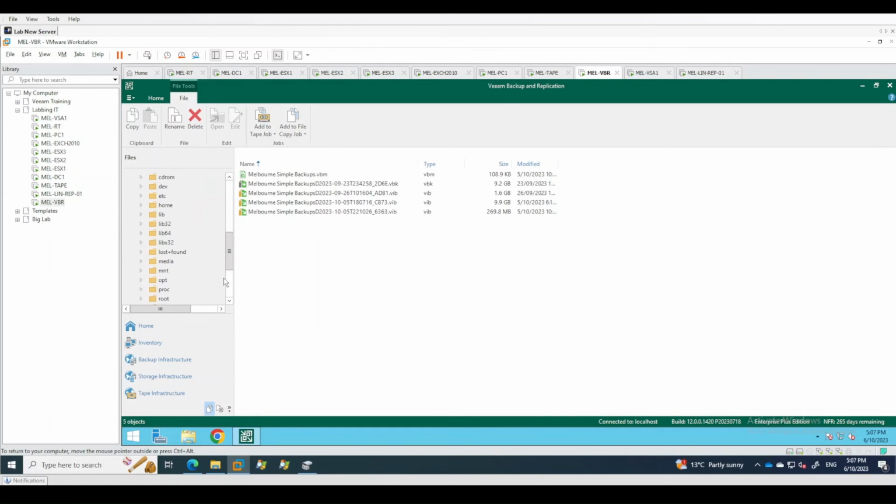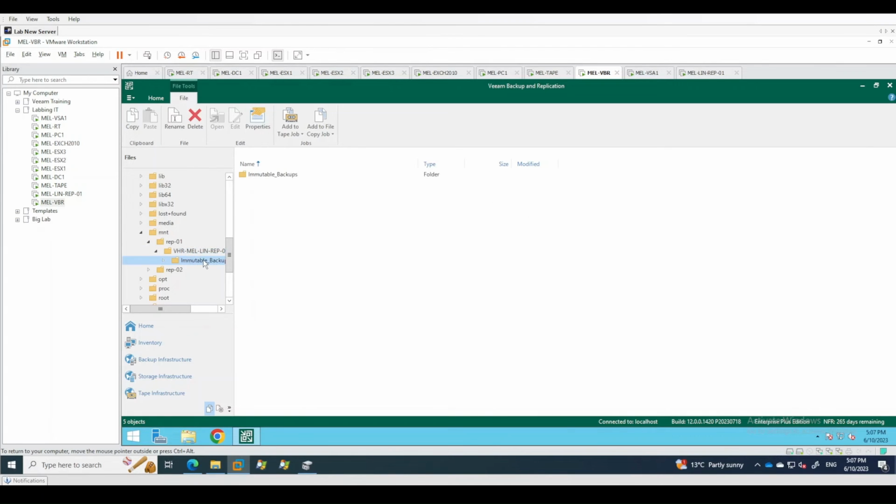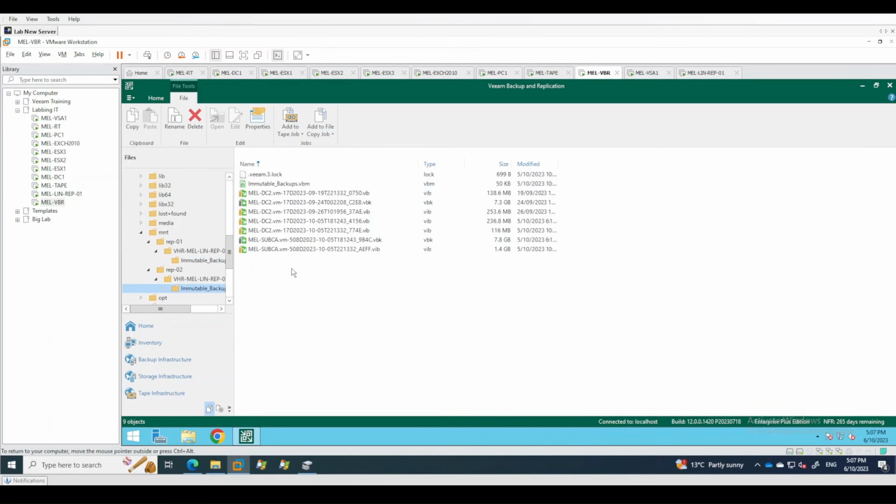And we go down to our folder where our backups reside, which is in a folder called MNT, Mount. And we just have a look at our repository, immutable backups. There's nothing in that folder, it must be in this folder. And we just go into here, immutable backups. So here we see